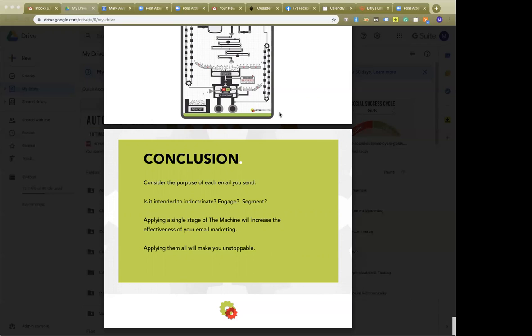So yes, of course, segmentation is important, and applying every single rule that I just mentioned throughout this entire presentation will make you unstoppable.